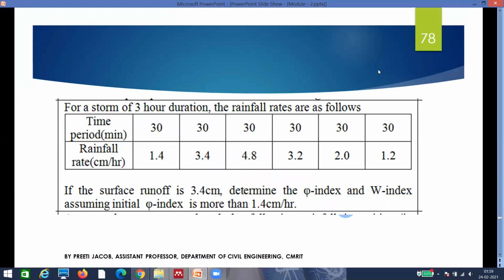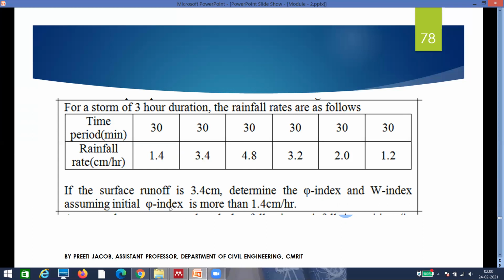Yeah, so this is a problem. Here every 30 minutes, so 0.5 hours, it is given. And here they've directly given you the rainfall rate, so you don't have to do any calculation. They've told that the surface runoff is 3.4 centimeter. You have to determine the phi index and W index, assuming initial phi index is more than 1.4 centimeter per